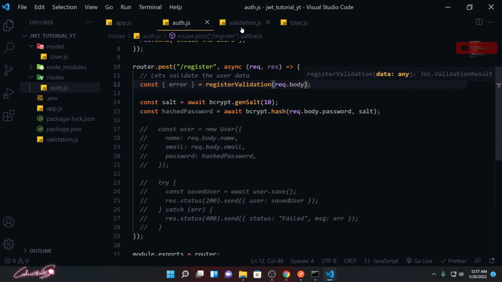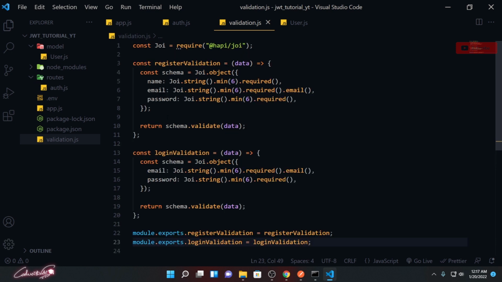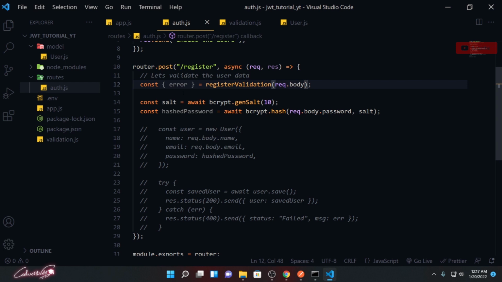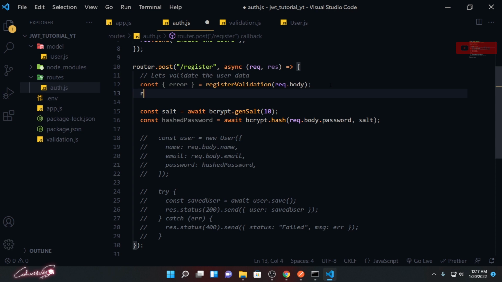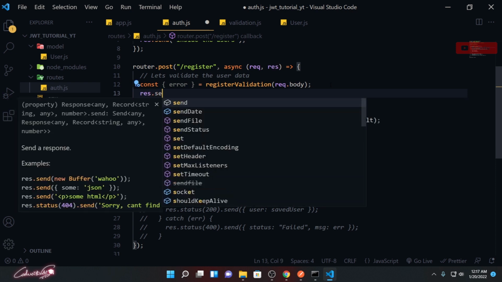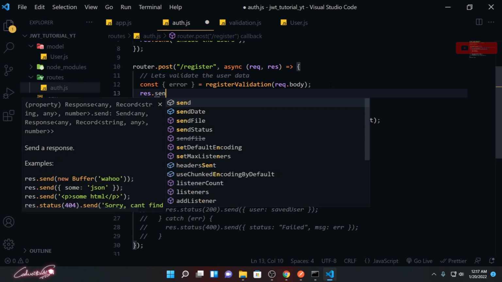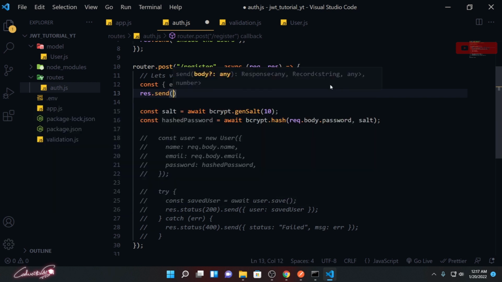So this data will be passed to this function and validated, and this will return a complete error object, and we are capturing that error object. Then I'm going to pass that error object to response.send.